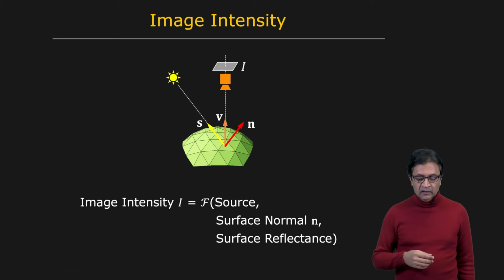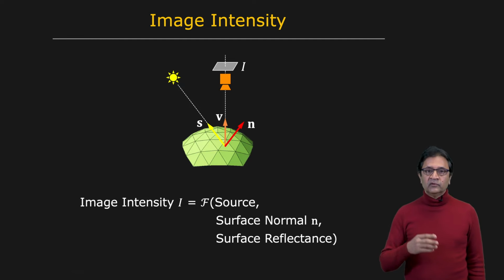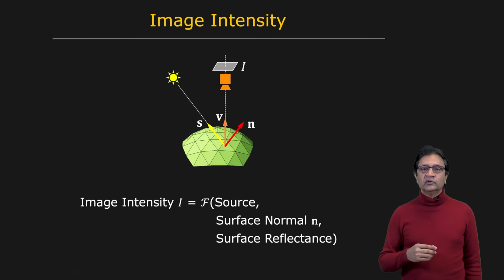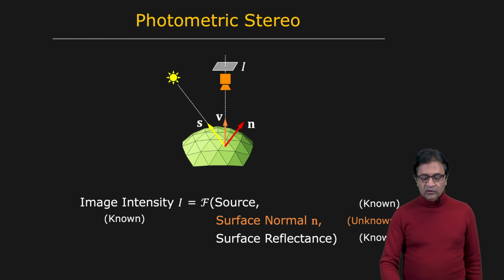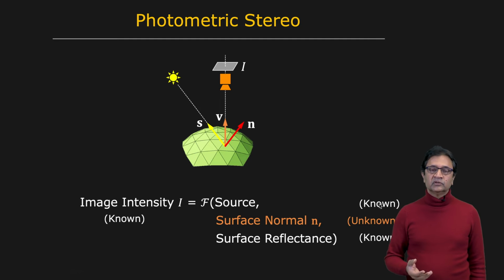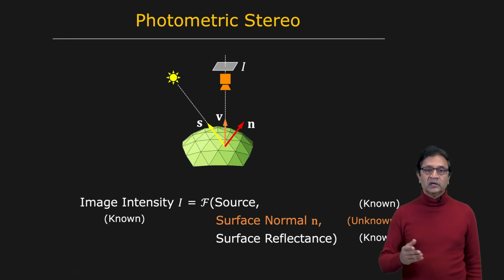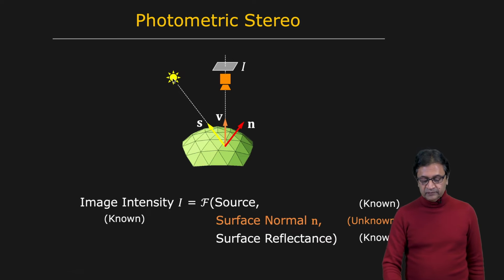So in this lecture, for developing photometric stereo, we're going to assume that we know the source or the illumination. When we say that the source is known, we're going to assume that we know not only its direction, but its radiant intensity and distance as well. We're also assuming that it's a point light source. And this point light source is distant from the surface. What does that mean? It means that as you walk around on the surface, you're going to be seeing the source in the same direction if the source is distant.